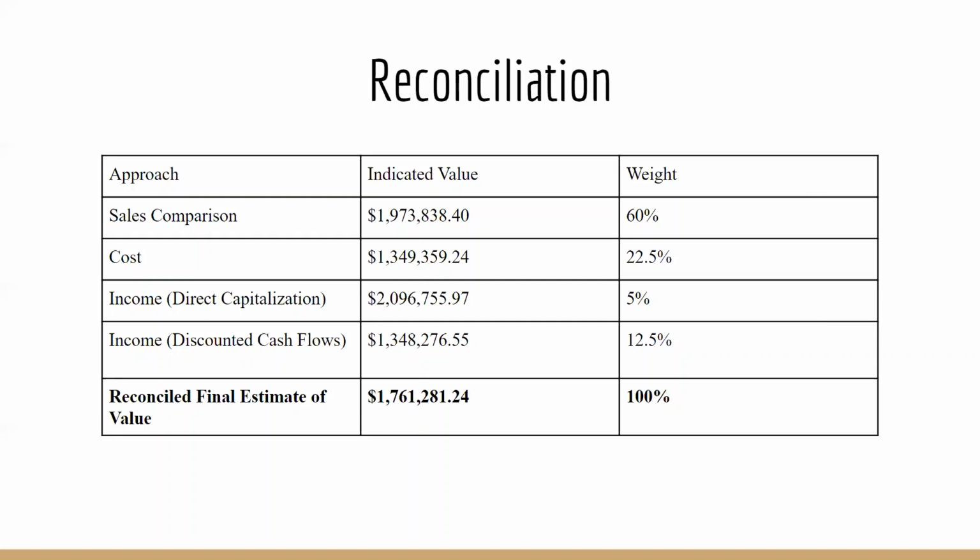We arrived at our final estimate of value by weighting different property estimates from the sales comparison approach, cost approach, income direct capitalization approach, and the income discounted cash flows approach. In order to obtain the value estimate for the sales comparison approach, 6 comparables were chosen. In our evaluation, we weighted the sales comparison as 60% because the sales comparison approach is most commonly used for properties that function as single-family homes. Because our subject property's main function is also to be used as a single-family home, it has the most weight given to it. However, because of the difficulty in finding strong comparables, we did not put all of our weight